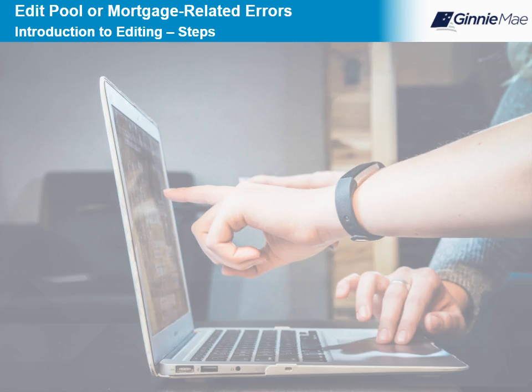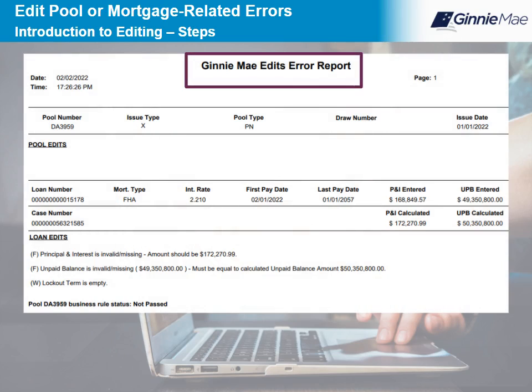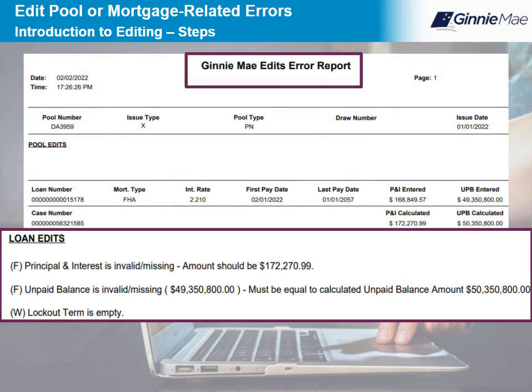Let's start from the point where the pool has not yet been submitted. You still can edit pool or loan information and rerun the error report. The error report will identify the specific issues that need to be fixed for the pool to pass the business rules. This is the overall process to correct the pool or mortgage-related errors so the pool will successfully pass the